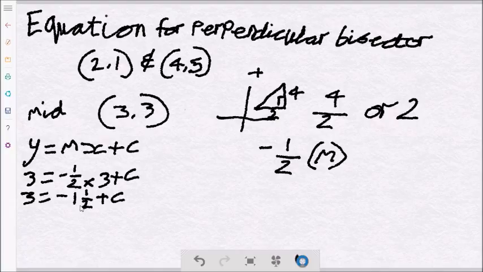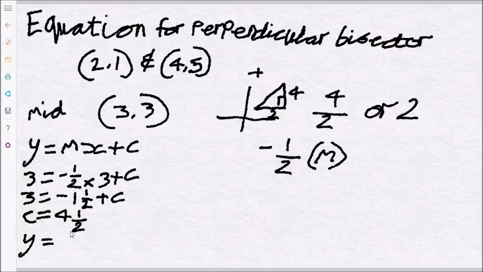Now everything this side has to equal this side. And we know this is minus 1.5, so we'll add 1.5 to it to get it to 0, but we want the answer to be 3. So we'll add 3 to 1.5, which gives us 4.5. So c equals 4.5. To write that out again, you've got y equals, you put the m in, so you've got minus a half x plus your c, which is 4.5,